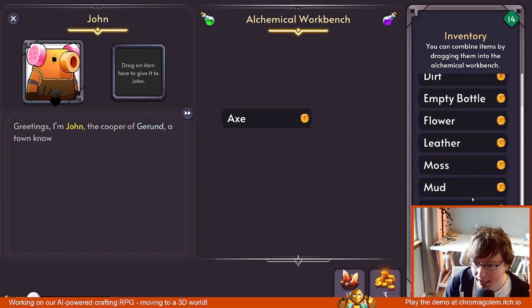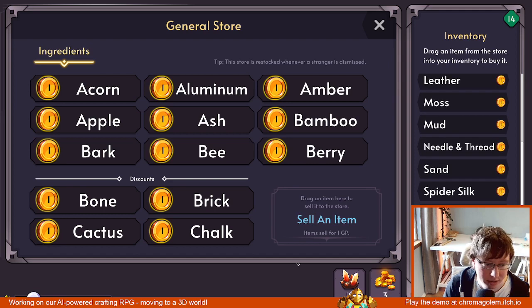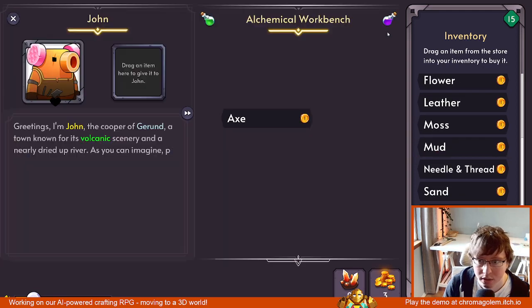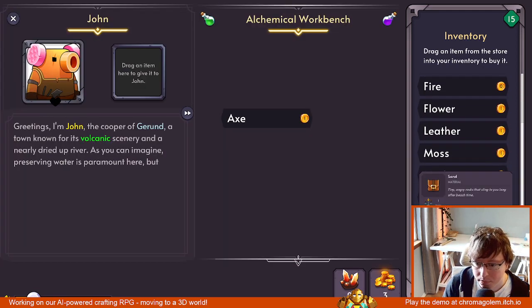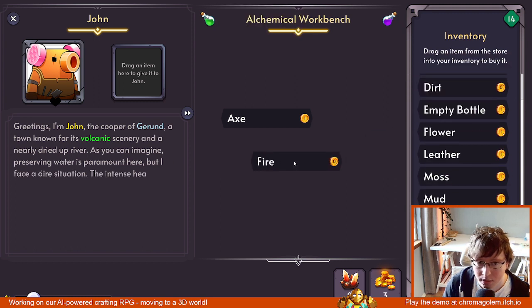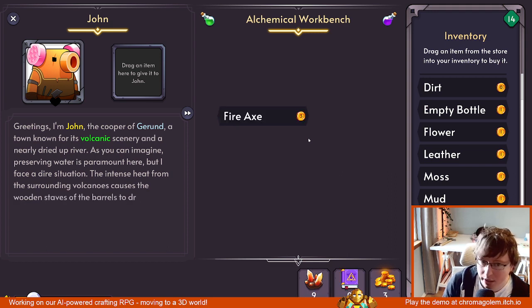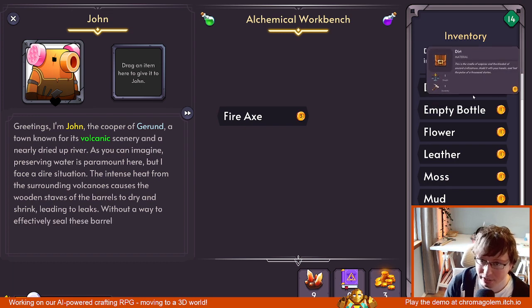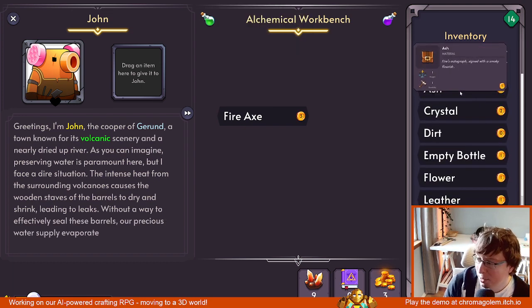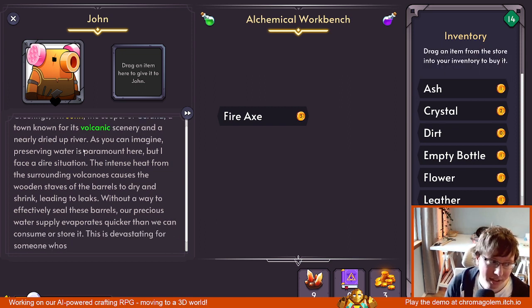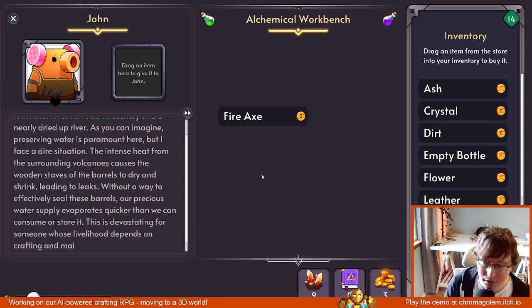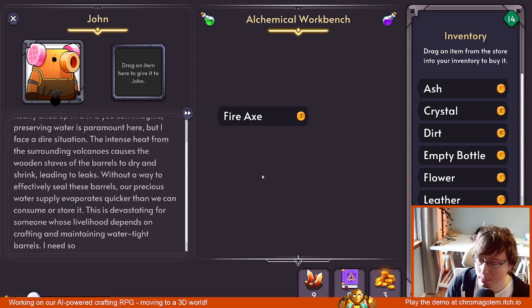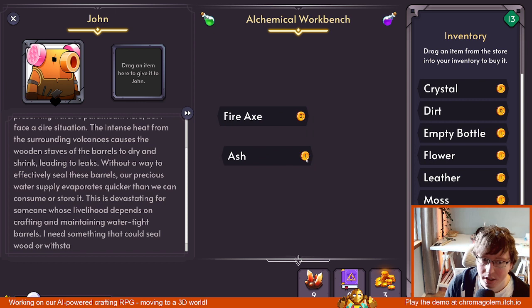But if I take like an axe and say fire, so yeah, I definitely agree. You would need to make the gathering part not feel like a chore, but I hope to make it fun. As I don't want it to feel like I'm just dragging out the puzzle part. I want it to feel like it's enhancing the puzzle part by giving you more opportunities to collect the items